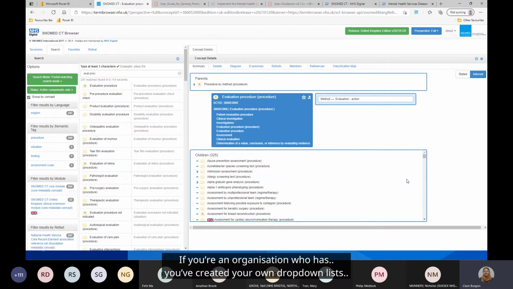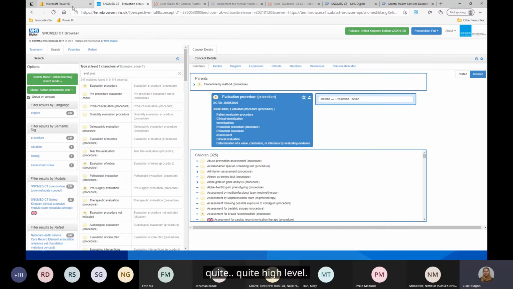If you're an organisation who has created your own drop-down lists, then maybe there's some work to do there to try and find common things that are detailed that you want to say. But yeah, we've got this evaluation procedure that we can see is really quite high level.